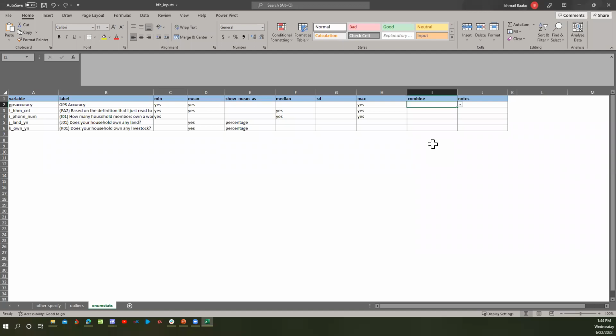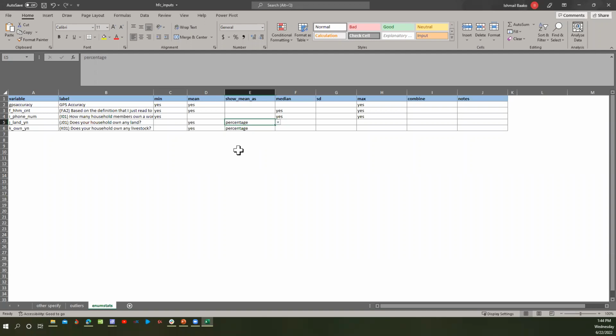The one other thing too is that, let's say you have a variable, does your household own any land? And that variable actually opens up a group which you feel that maybe enumerators may want to cheat and not want to open up that group.